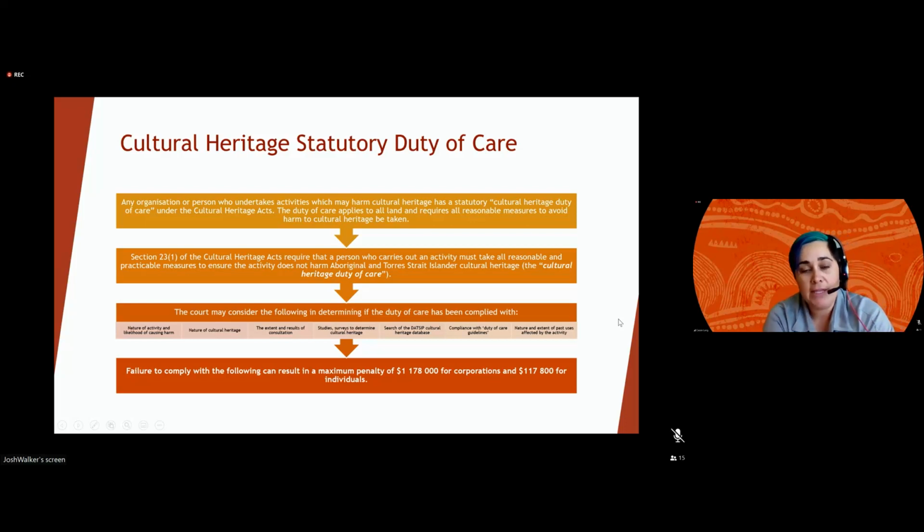There haven't been that many prosecutions, and if you get prosecuted in the magistrates court, it's the state government that actually prosecutes you on behalf of the Aboriginal or Torres Strait Islander party for that damage. There is also the ability of the magistrate to refer you to 2 years imprisonment for breaching your duty of care under the Cultural Heritage Act. So it's pretty significant, and it's really important for land users to understand those obligations because there are some pretty serious penalties that sit behind that duty,